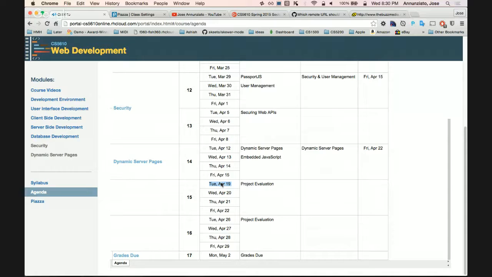go before grades are due. Couldn't I just add this new thing? Can't you just give me some more time to finish up a couple of other features? Can't I just polish this a little bit more? So what we'll say is that, okay, fine, but it's due on April 19th.